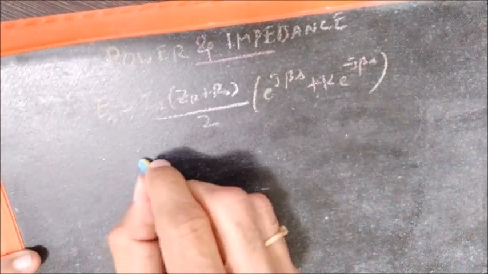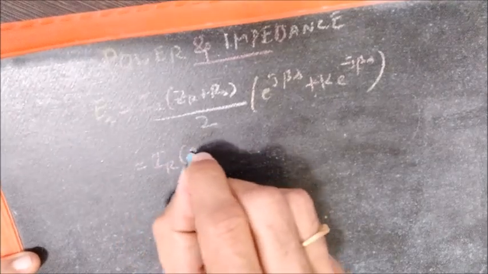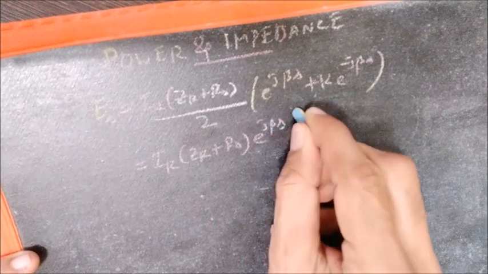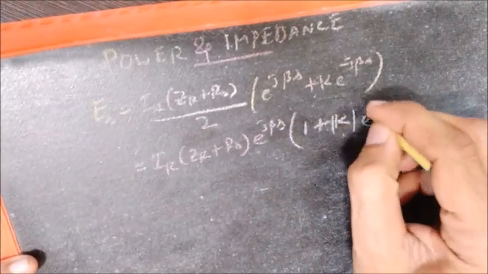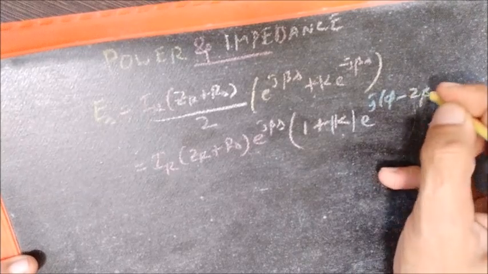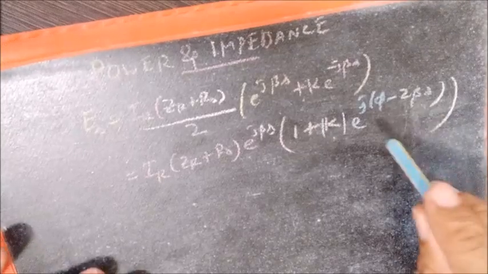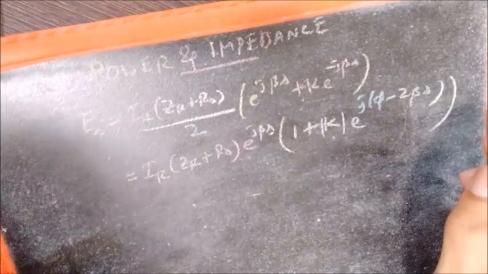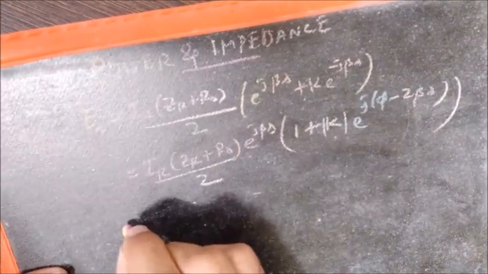Now we can take e raised to j beta s outside as we did earlier. e raised to j beta s comes out, 1 plus k e raised to j (phi minus 2 beta s). All these manipulations we had done earlier when we discussed the phasor representation of impedance. Now, of course, divided by 2. Similarly,